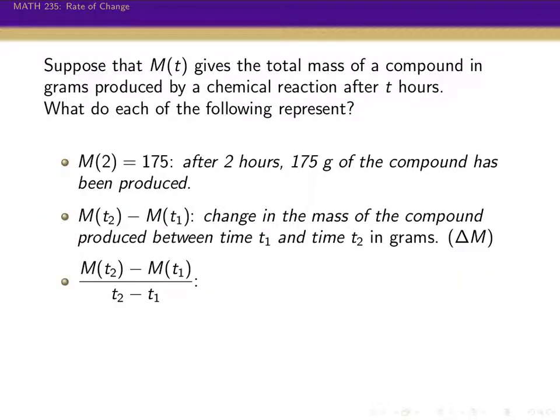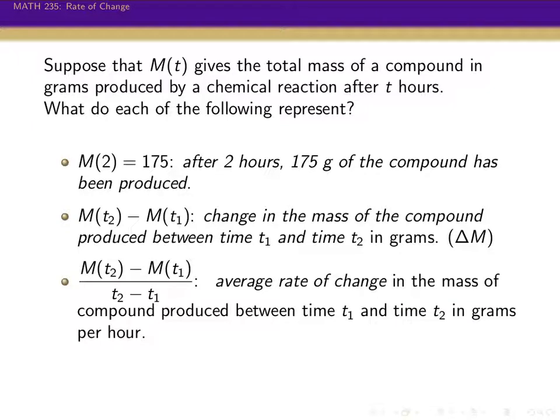Okay, now what if we then took that difference and then divided by the change in times? The top here is again talking about the change in mass, but now we're dividing by the change in time between those. Well, this is an average. This is looking at the average rate of change in the mass of the compound produced between time